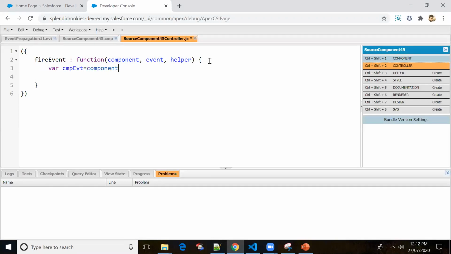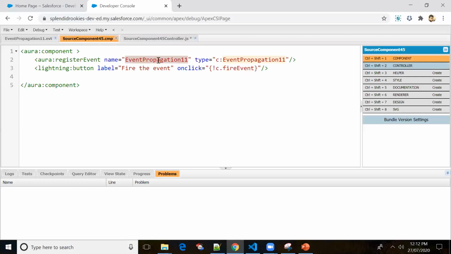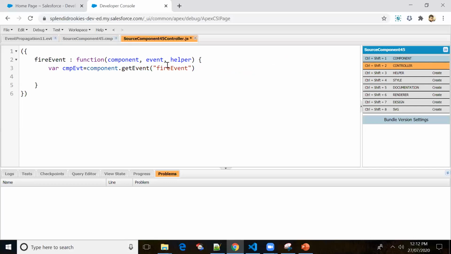Since it is a component event, we have to get the properties with the help of component dot get event, and I put the event name here. Now I'll just fire this event with compEvent dot fire. I'll put an alert message here: alert, yes, I'm in source component.